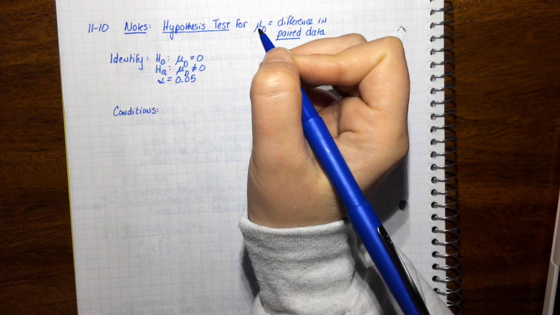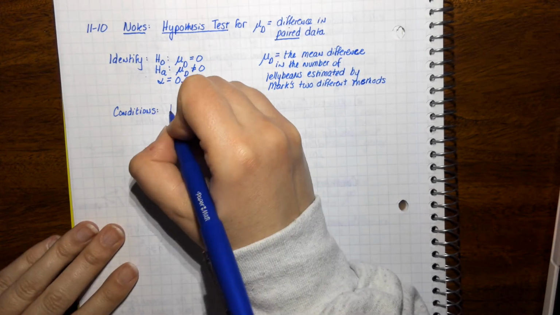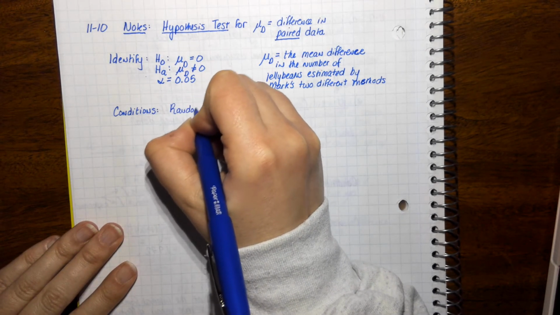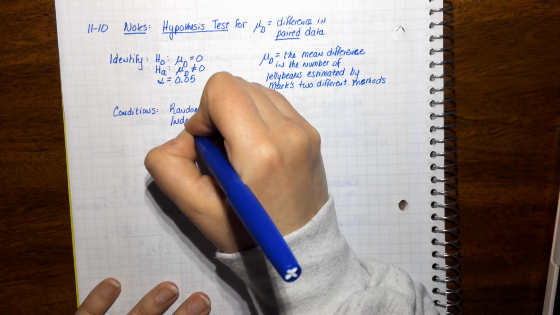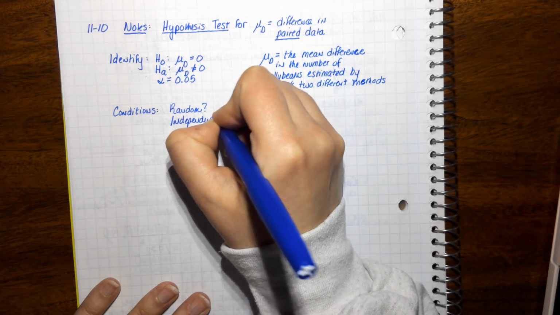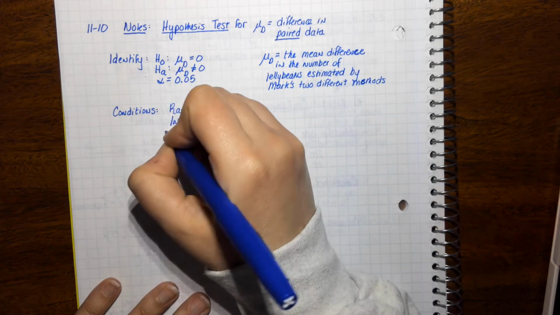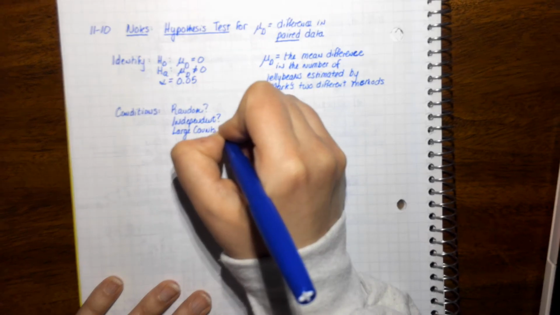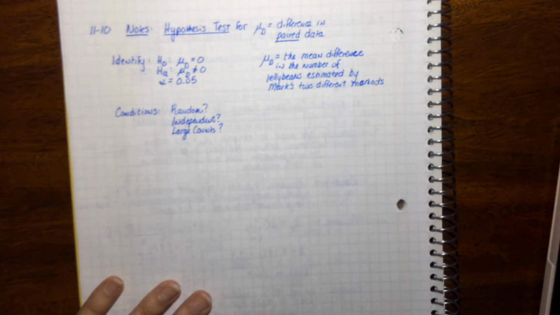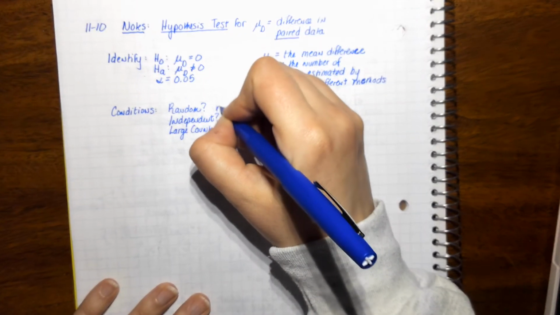Okay, conditions, alright. So, random, independent, and large counts. Okay, so we're going to be really careful here. We've got some stuff going on with our conditions in the last couple problems. It says 8 random jars of different shapes, so